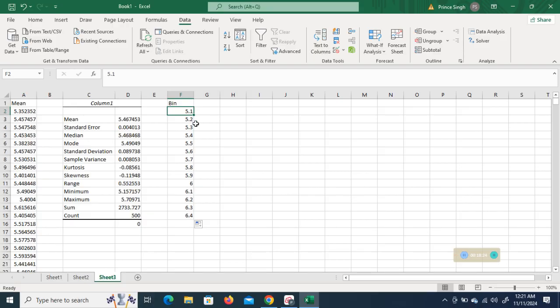Let's say, okay, I need to start it from the minimum value, say 5.15, and I need to add 0.01. Okay, if I am expecting, wait,